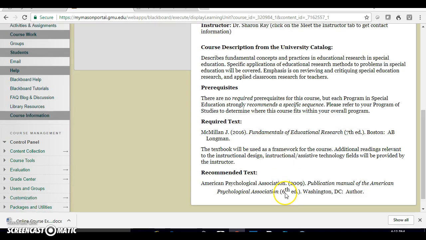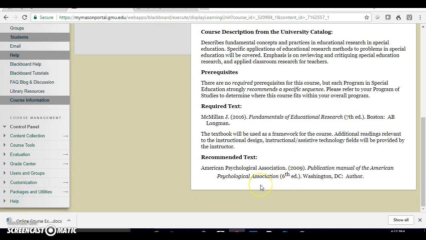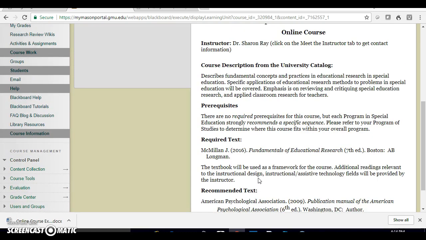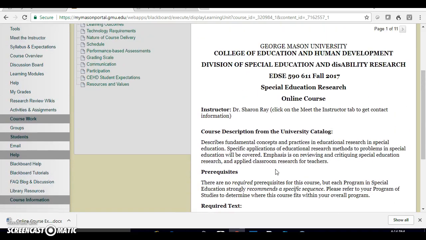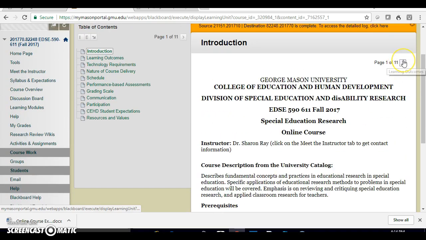I also highly, highly recommend, if you haven't gotten an APA manual up to this point, get that manual, because I don't always do this for other courses, but for this particular course, the research course, I am very particular about looking through your paper for your APA style, including your APA references and parenthetical citations throughout your paper. Okay, so going on to here,